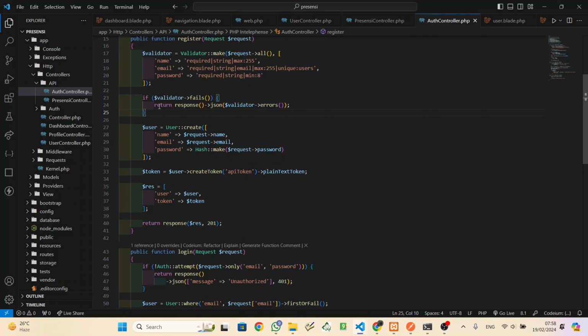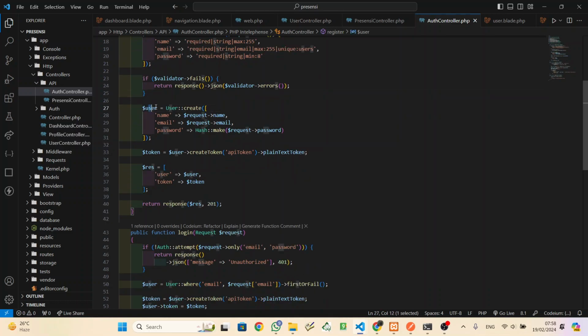Okay, but if it's not, it will create a new user, and then also will create a new token. So this is the important one. We have to make a new token for the API. Okay,